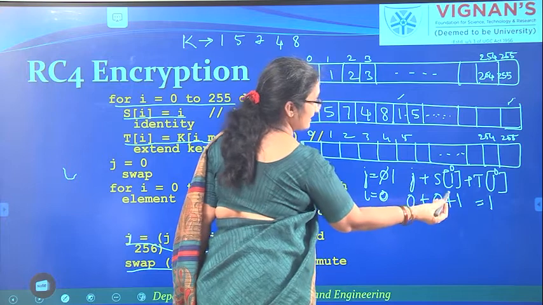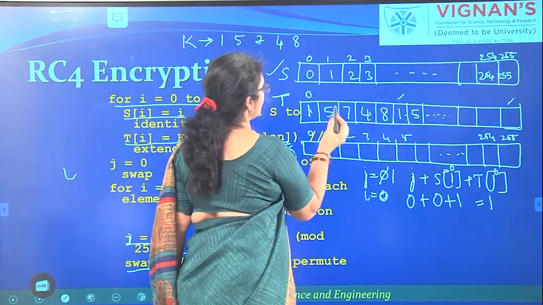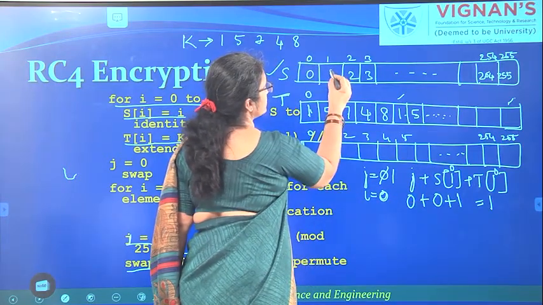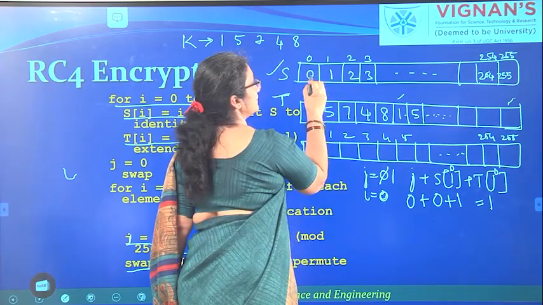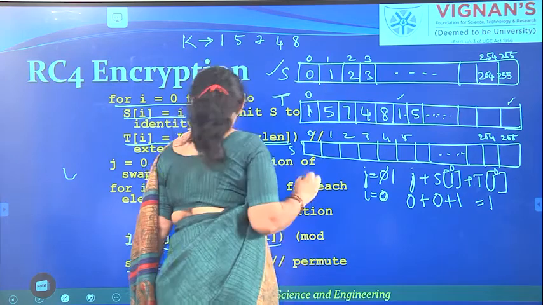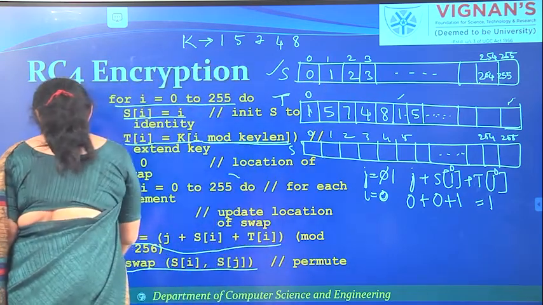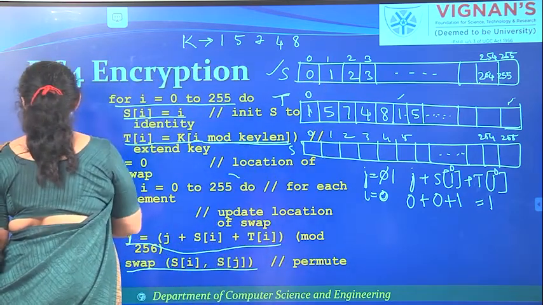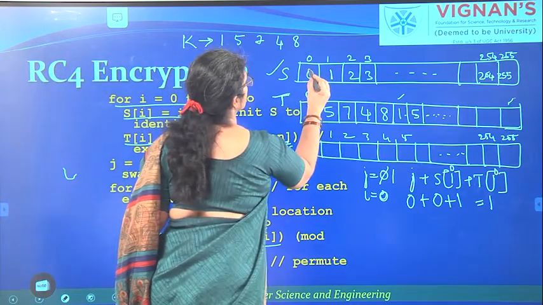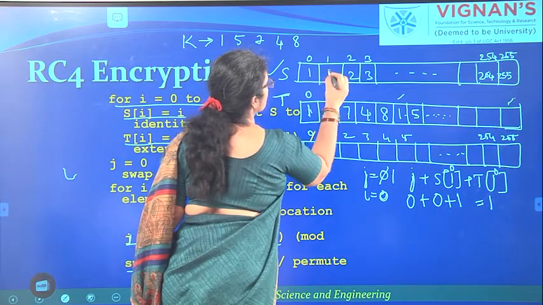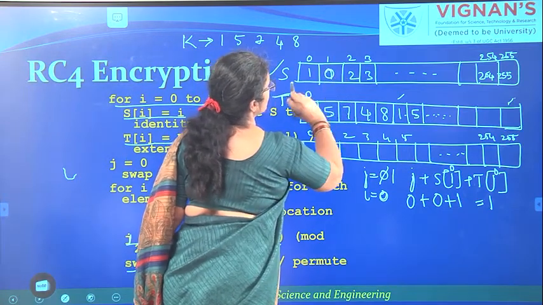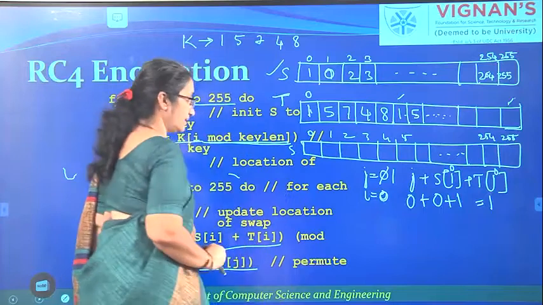So S of j, j is 1, so S of 1 is 1. So we have to swap S of 0 with S of 1. So let us swap it. So now that means we started shuffling this particular array.